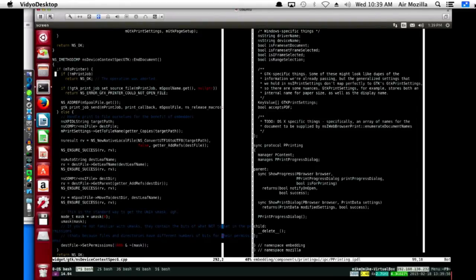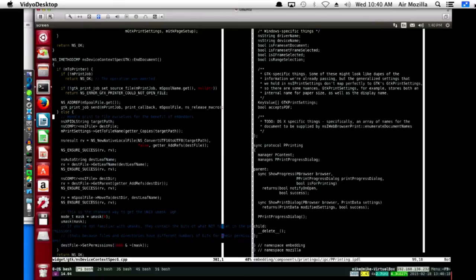And then mPrinter is, I guess, are we actually printing to a printer? Because sometimes you can print directly to a file. And this is where I noticed that GTK will automatically print to a file and then send that over to a printer.